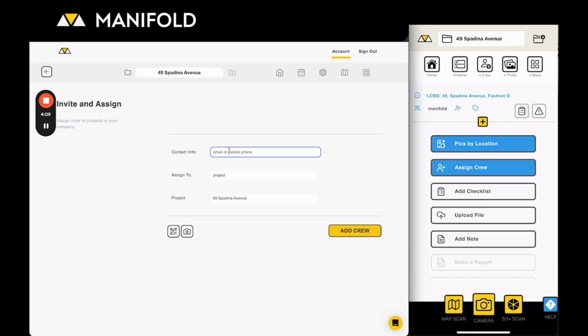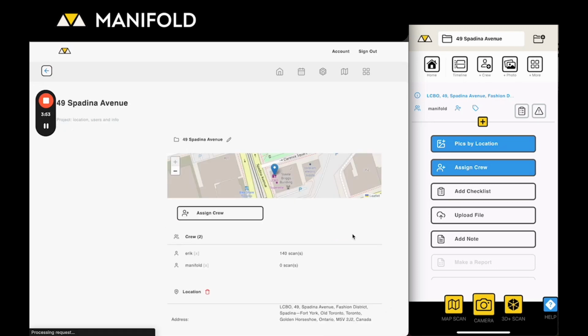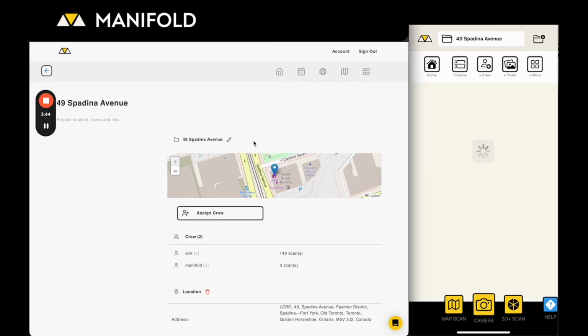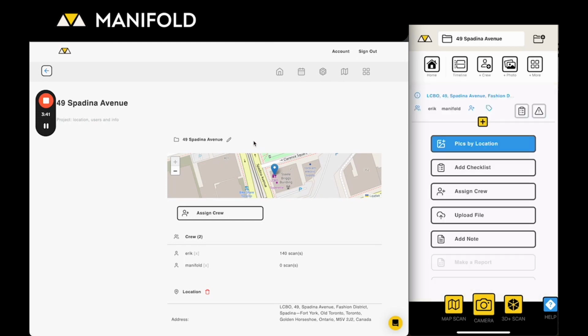So you can enter in somebody's email address directly, like this. And this is my email address if you guys are wondering, so you can email me directly if you need to. And you're gonna click on Add Crew, and then you'll see now that I pop up as a member of the crew on this kind of project status page. And if I refresh the timeline on mobile, you'll also see that I now show up in the list of